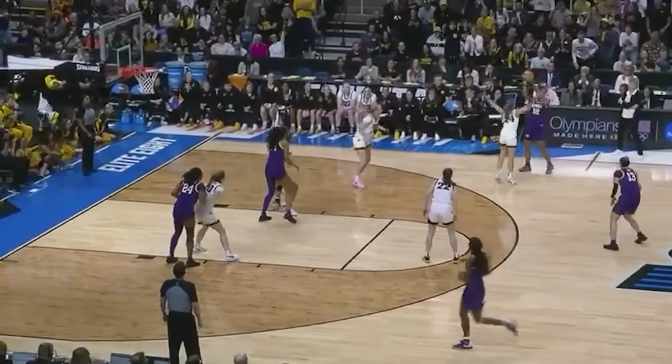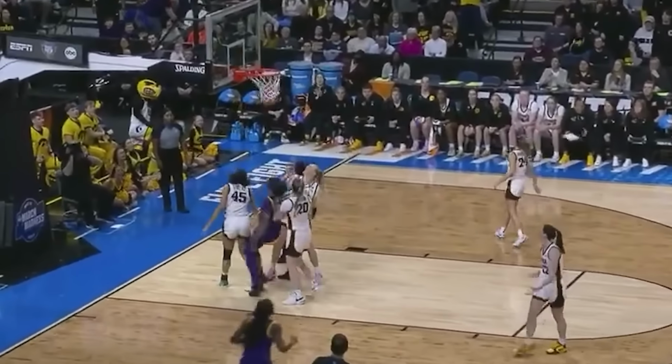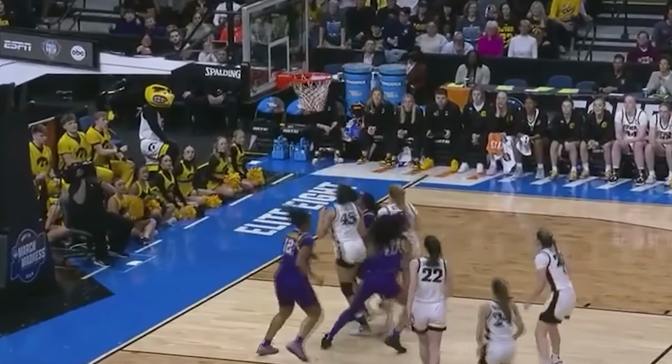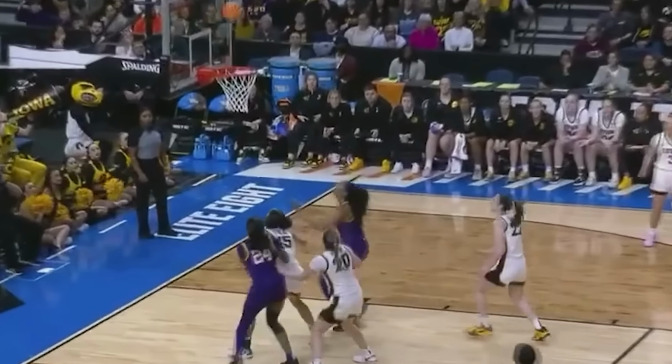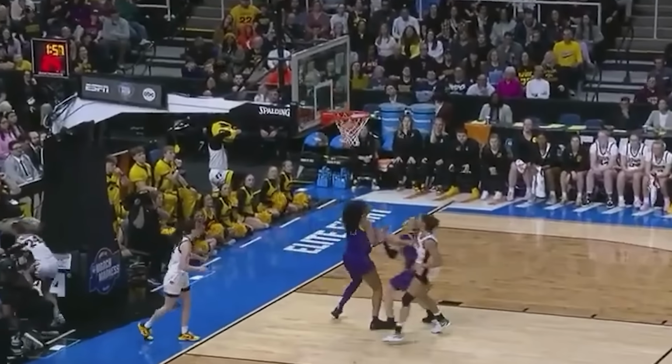At this point, both teams were playing great basketball. The role players were hitting shots, and the stars weren't shying away from the occasion. But it was now time for Angel Reese to really make her mark on this game. She got her first points of the ball game on the offensive glass, and got another 2 second chance points the same way. LSU continued to exploit the physical advantage they had in the paint, and Iowa had no answer